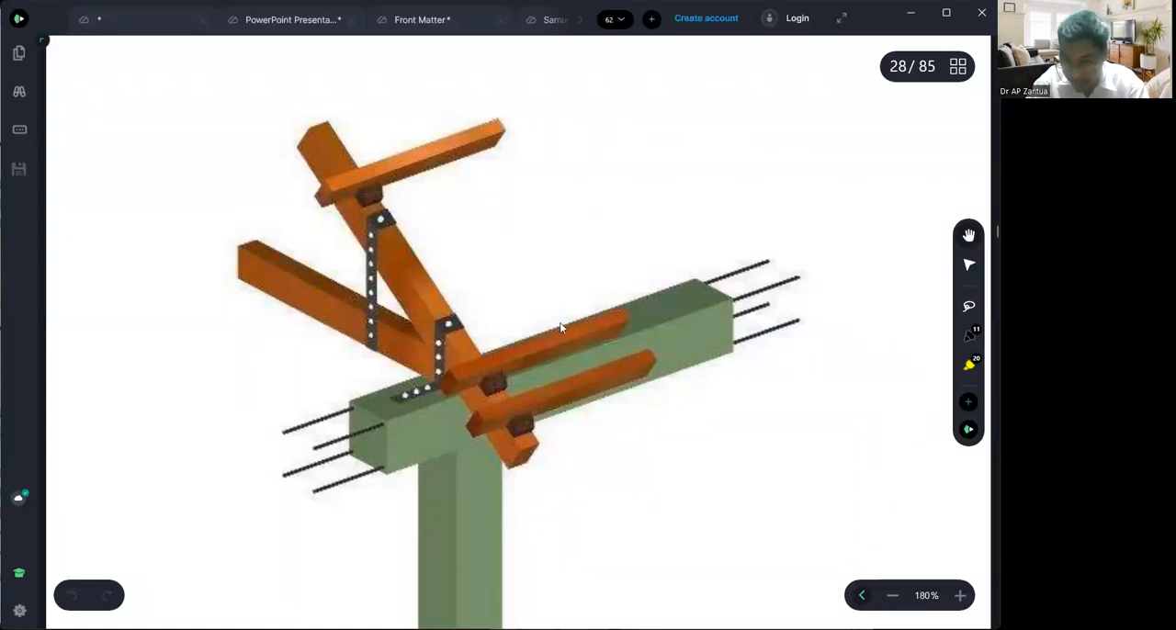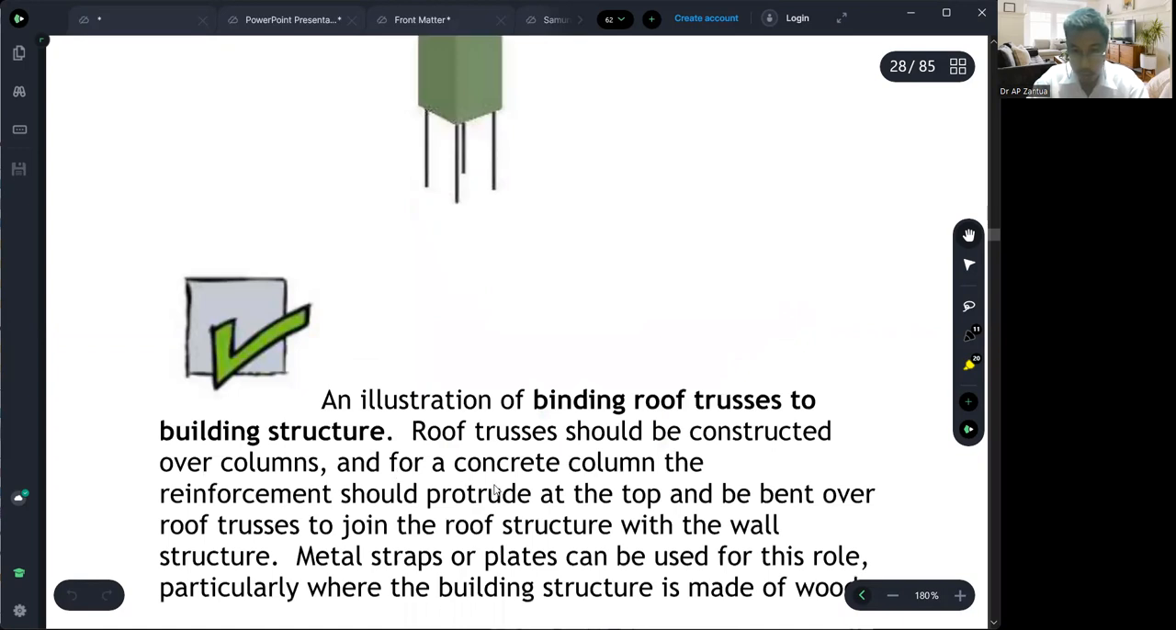Not here. It's better for it to be above the column rather than solely on the beam. The beam could still support it, but it is much better if it is supported directly above the column. And for a concrete column, the reinforcement should protrude at the top and be bent over. So, if there is no bracket,